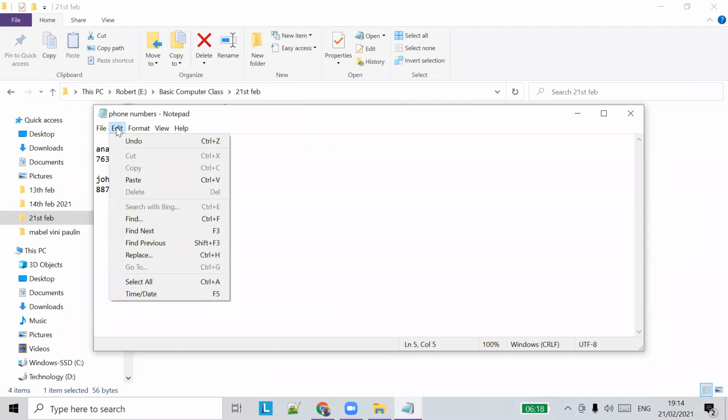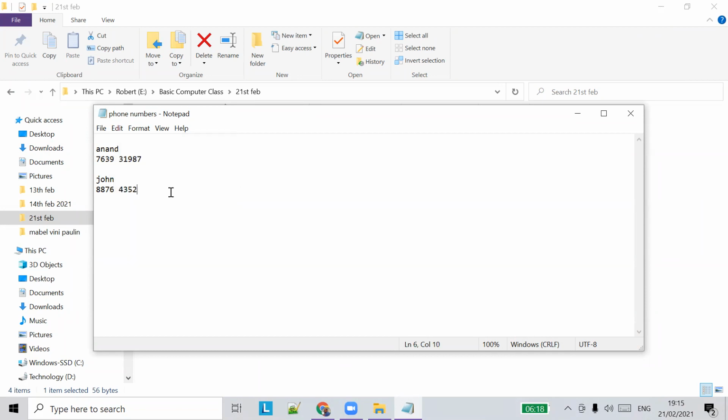So we saw edit and all these functions: undo, cut, copy, paste, and delete. Now we can see how to search the content in the file. Let's say there is a lot of content in this file, say 1,000 phone numbers saved, but I don't know where it is located, and I want to search for Raghavan.